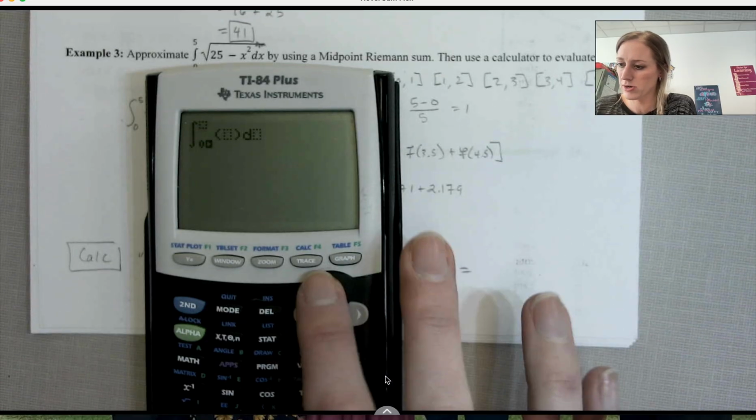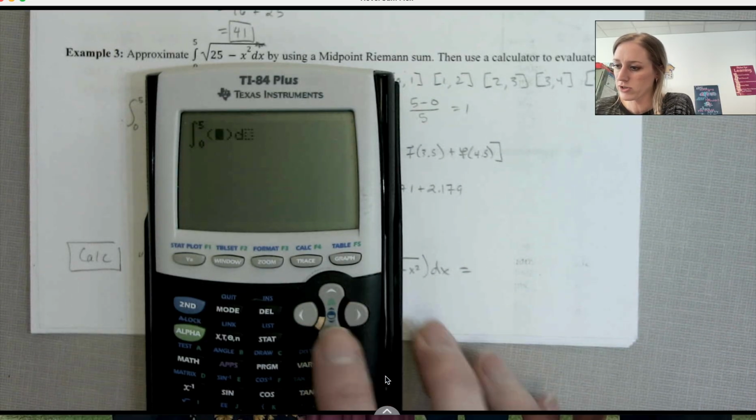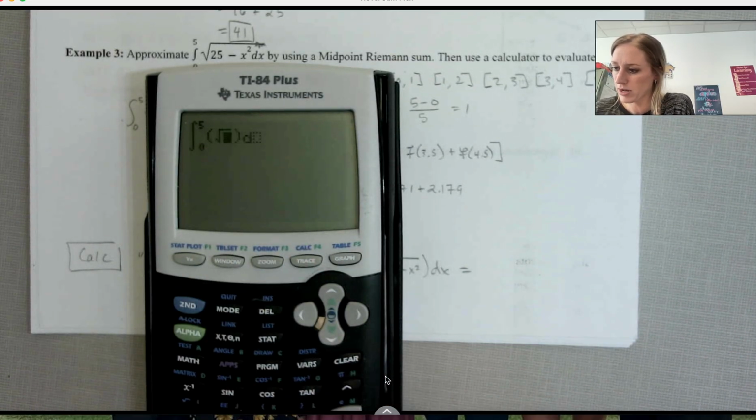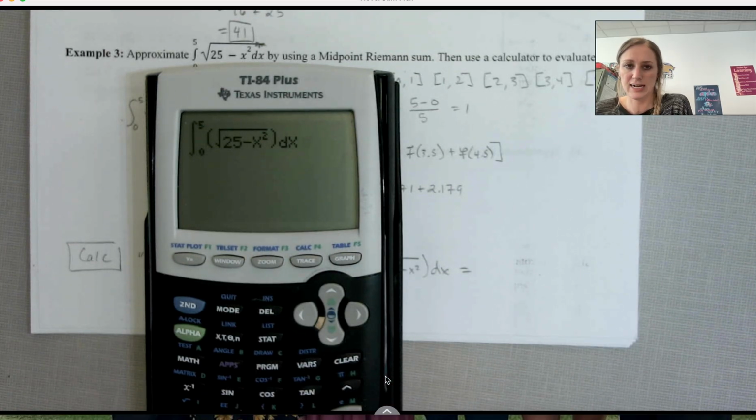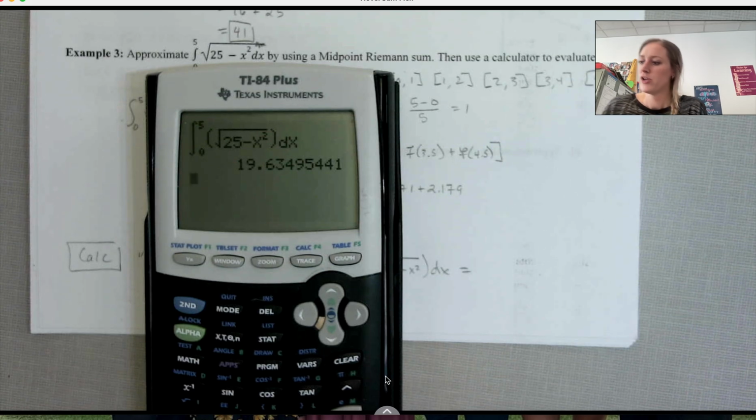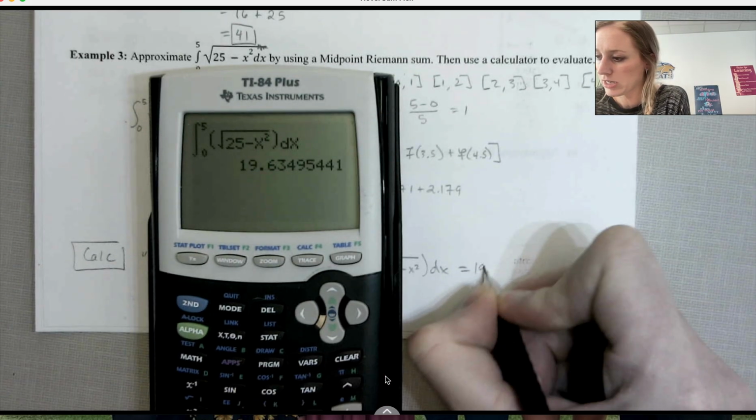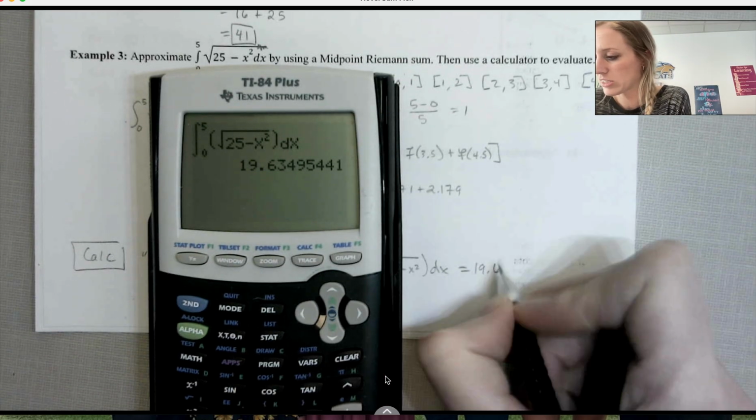So I've got from 0 to 5. My function is the square root of 25 minus x squared, right? And then the variable of integration I want is x. Okay, so I can literally type it exactly as it looks on my paper. This is the exact area from 0 to 5 under this curve. So it is 19.63, I guess it's still rounded, but